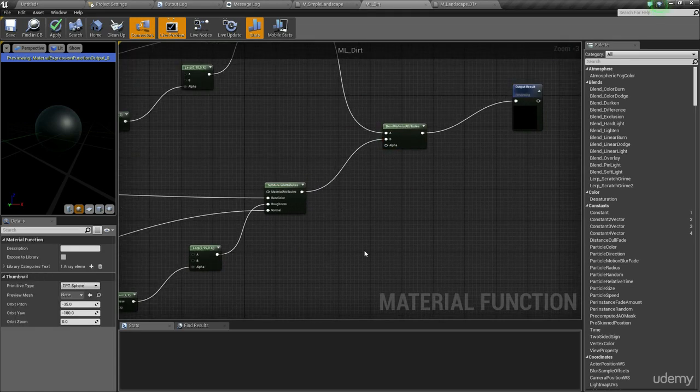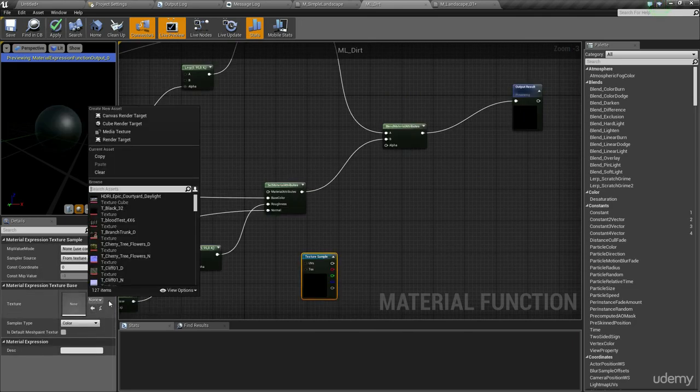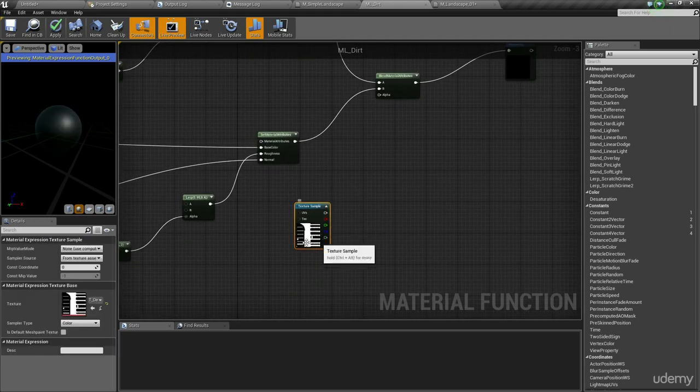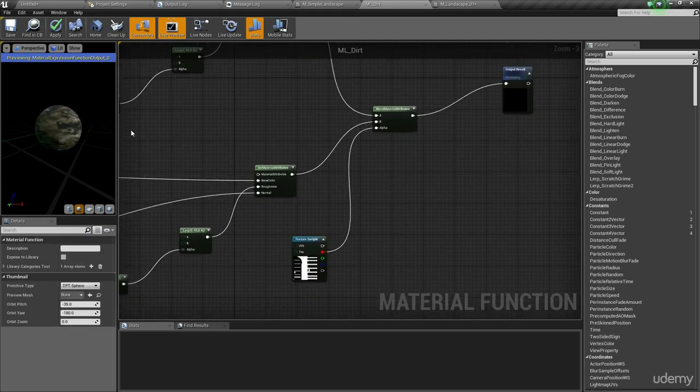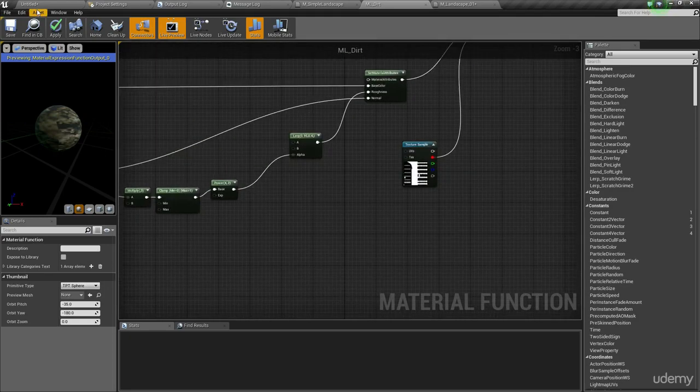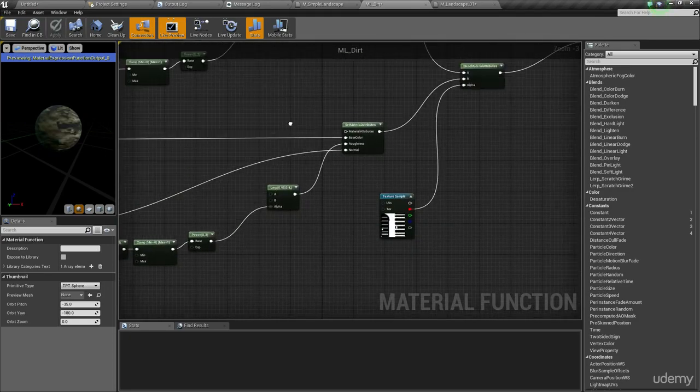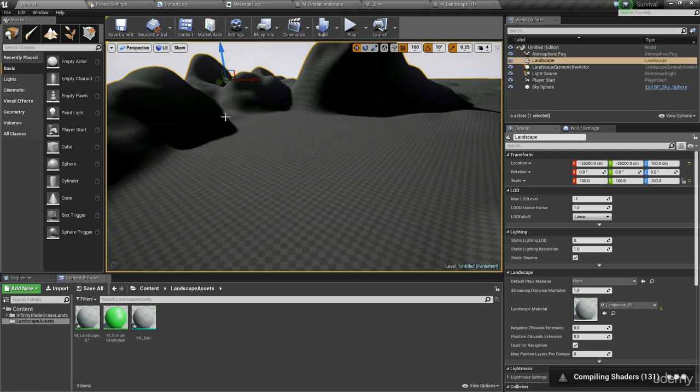So before I go any further, what I'm going to do is add a texture sample to just kind of demonstrate what's going on here. I'm just going to get a shape, doesn't matter what it is, this'll do, and I'm going to plug that into the alpha. And the reason I'm doing that is if I hit apply and look at this in the world,